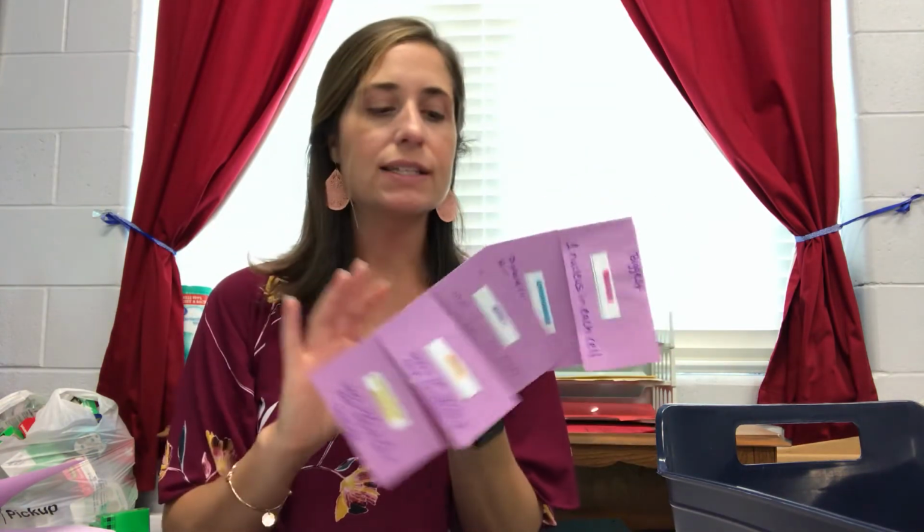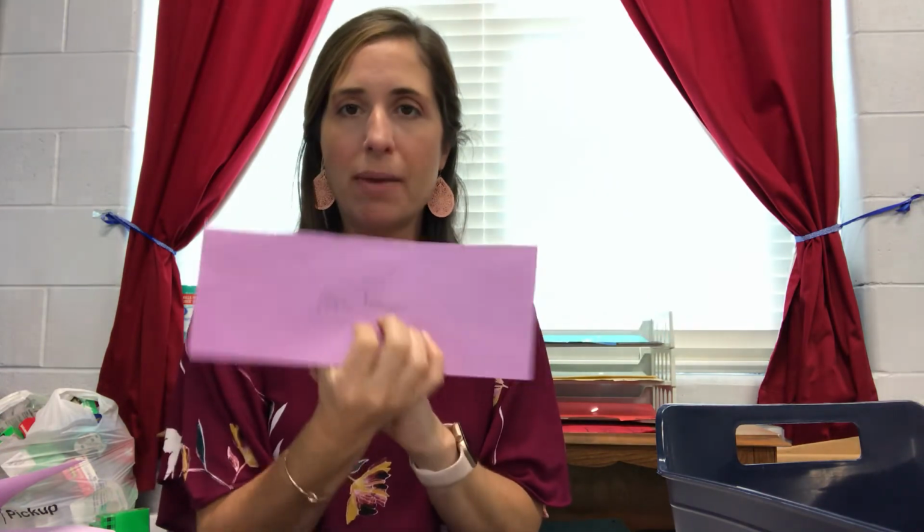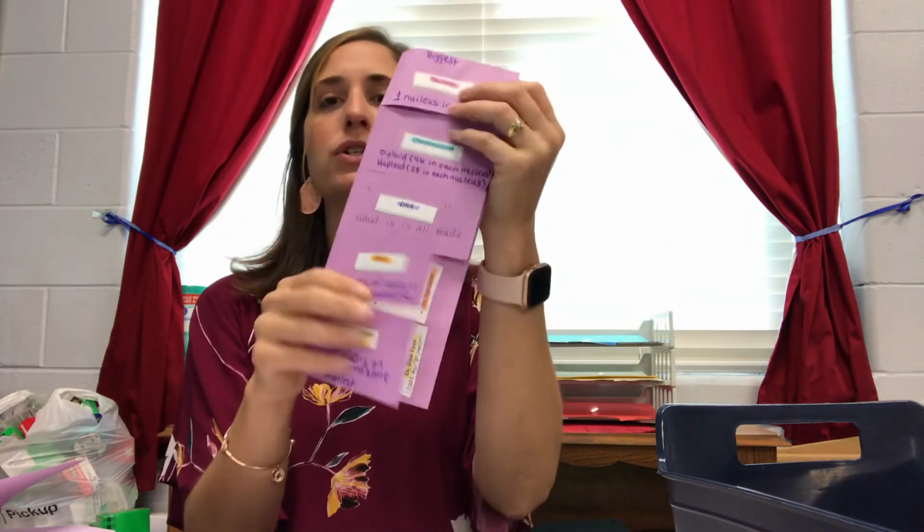All right, the last step is to put your name on the back and also to put it away. You don't want to lose this. It's going to be a great study tool. We will have this information on almost every test we take this year, so do not lose your foldables. I'm looking forward to creating a way that we can keep up with them, so